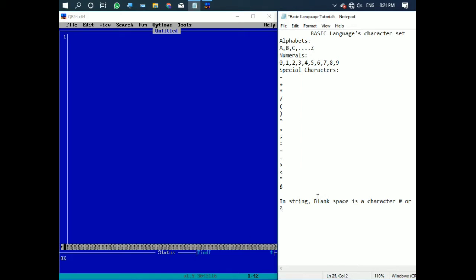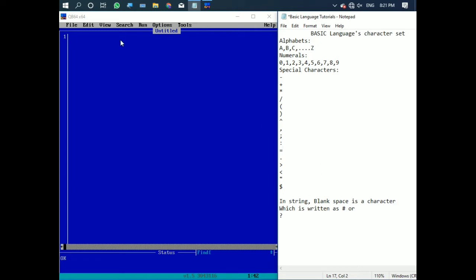So in a string, blank space is a character which is written as this hatch or question mark. Okay, so these are the symbols that are written in this thing.